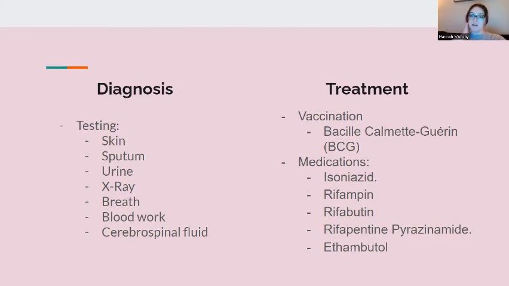Now there's a list of medications here, and that seems to be the primary treatment, especially in the US. So make sure you take all of your medications at a time. It seems like they would prescribe 3 or 4 of these medications at a time. And you have to take these as prescribed regularly, and treatment can be as long as 3 to 9 months. And make sure you follow up with your care